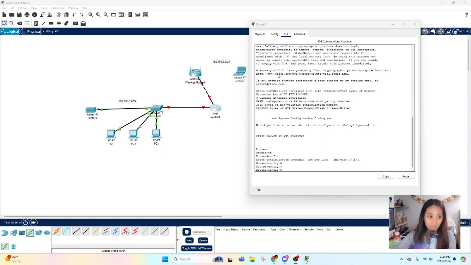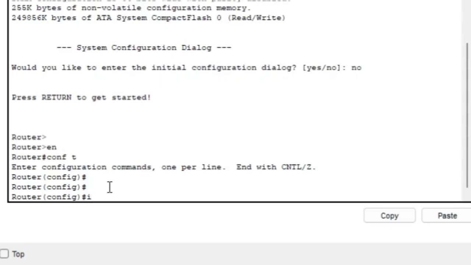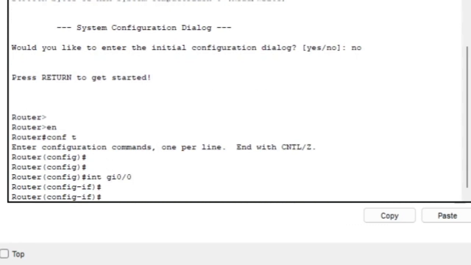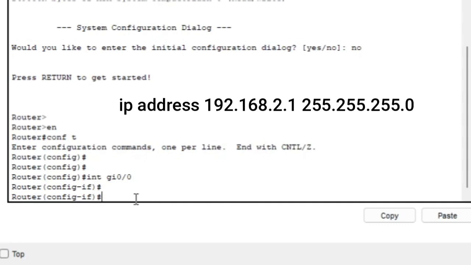So our first configuration is setting up the default gateway for this network, and it will be on this side because this is where we connected our switch to our router, and I believe this is gig 0/0. So we are just gonna go to our 0/0 interface and type in int gi0/0. Okay, and then next is to assign the IP address that we are going to use as the default gateway to our interface in here. So let's just type the command